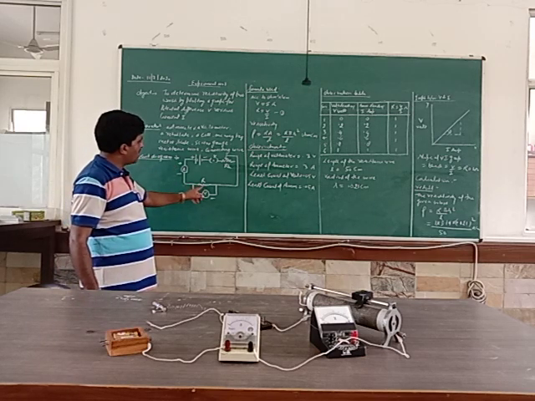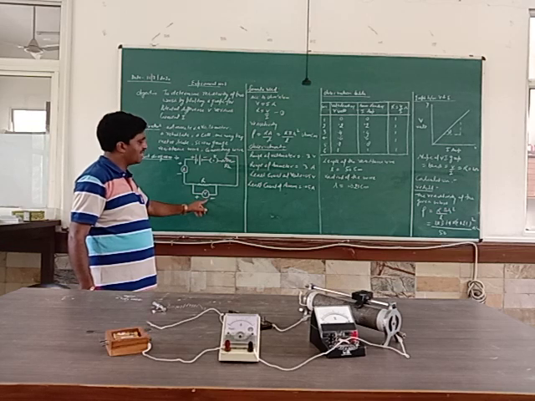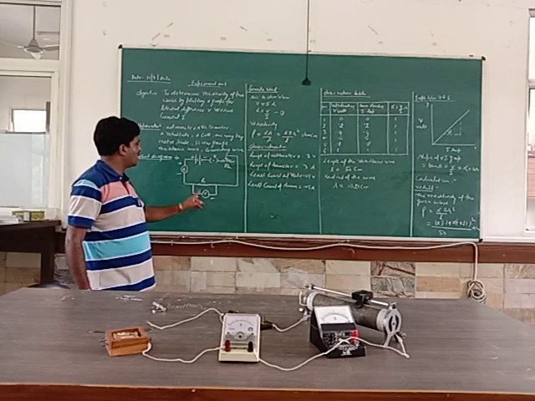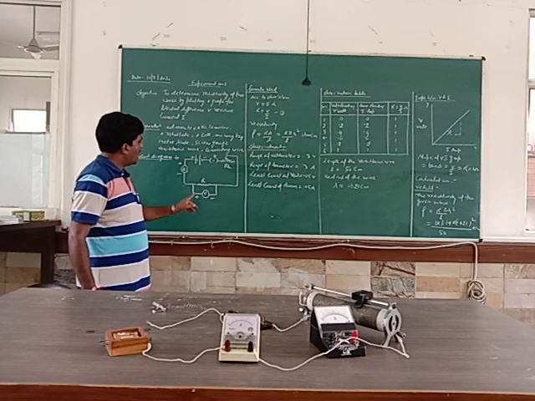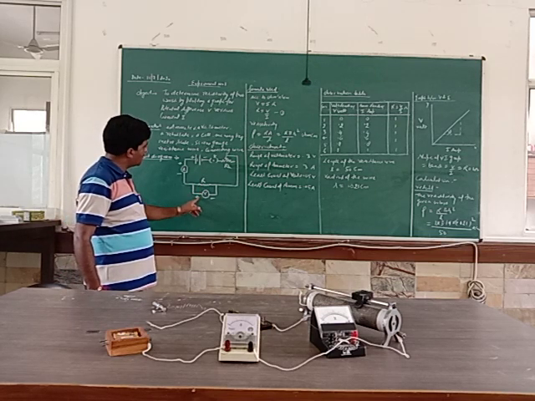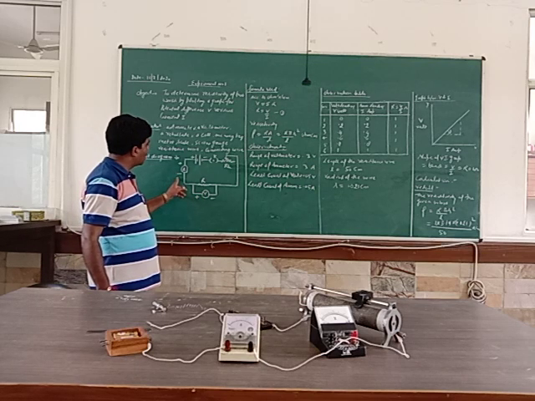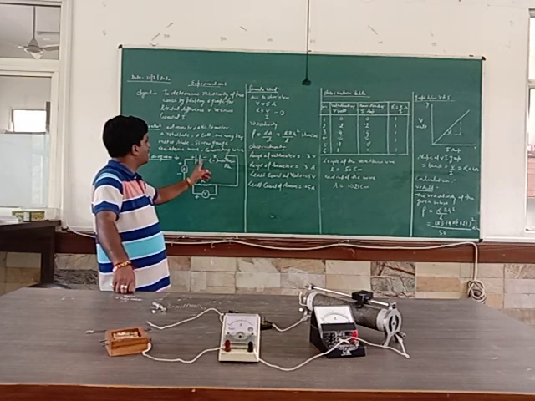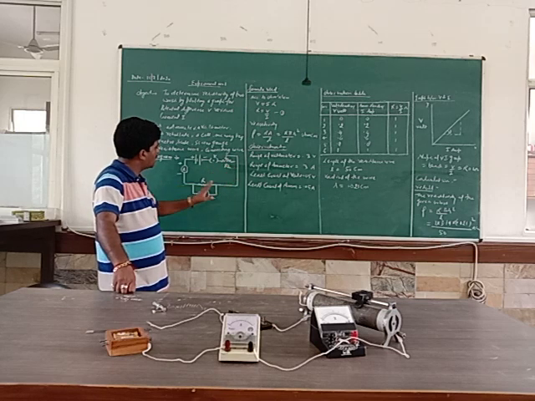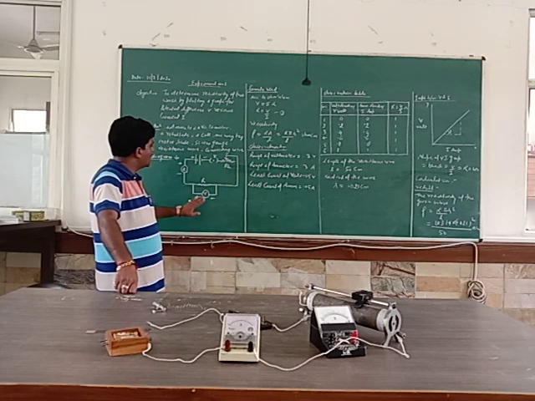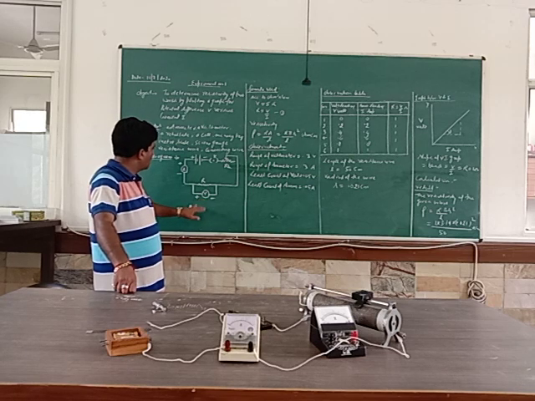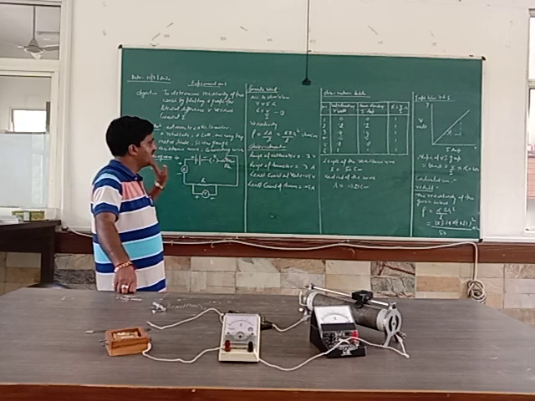This is the resistance wire. We connected the voltmeter across it in parallel, because the voltage in parallel will be the same. The positive terminal of the voltmeter is connected to the negative terminal of the ammeter, and the positive terminal of the ammeter is connected to the positive terminal of the battery. The negative terminal of the battery, through the key and rheostat, is connected to the negative terminal of the voltmeter. The voltmeter is connected in parallel and the ammeter in series.